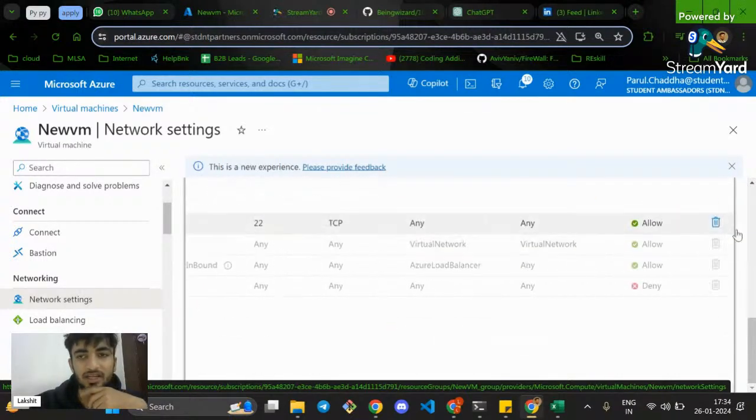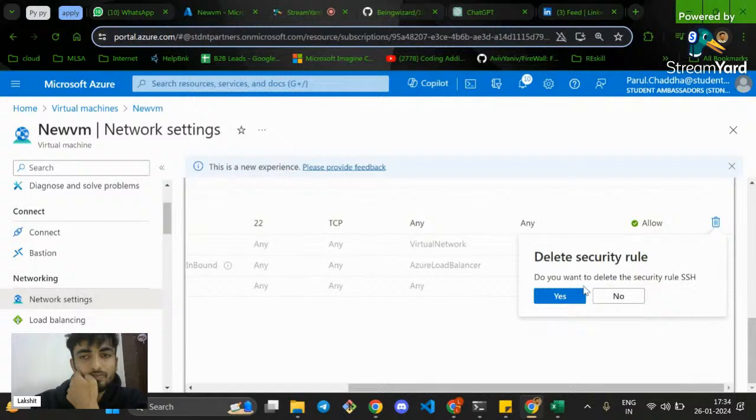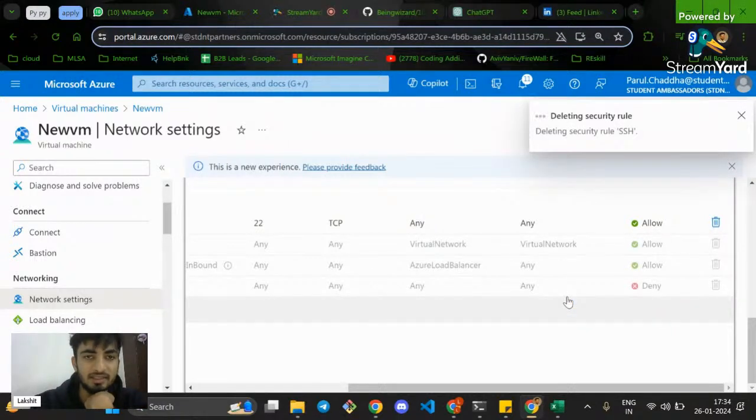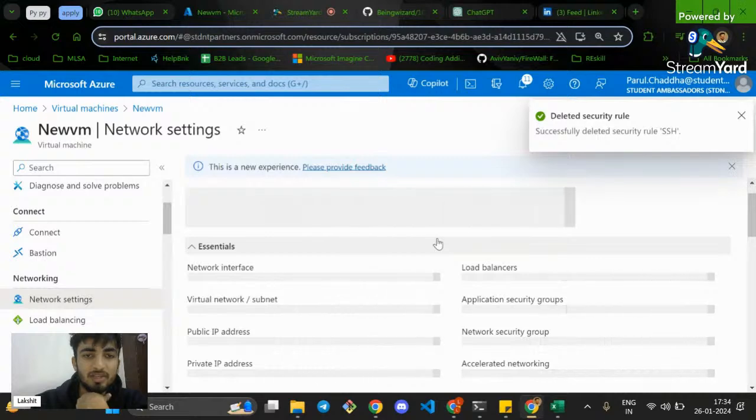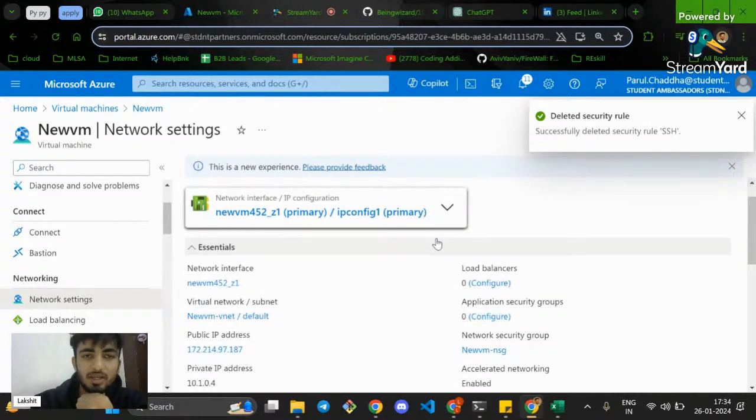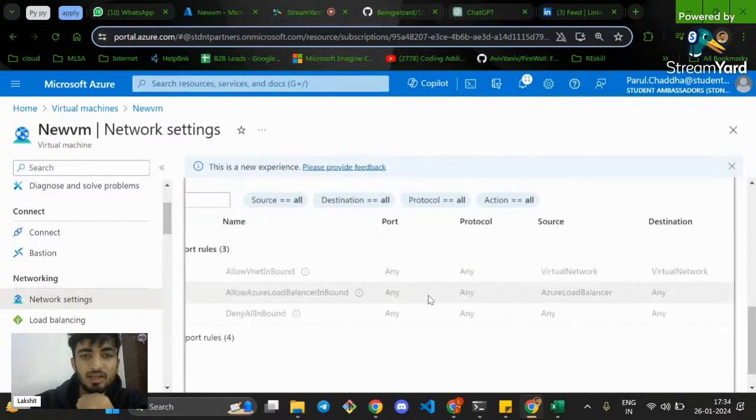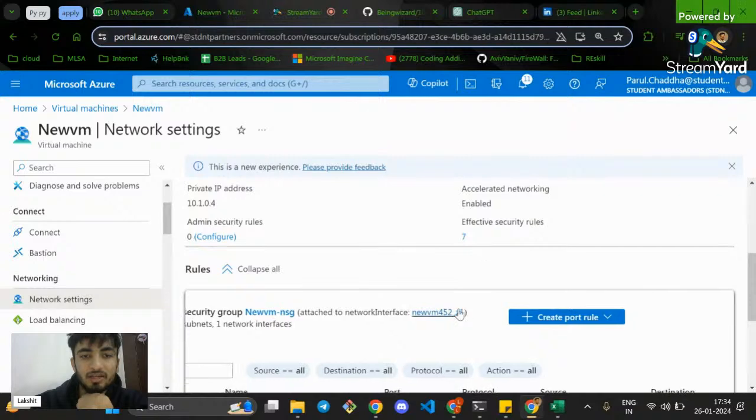What if I delete this? What if I delete this SSH rule? Now the security rule has been deleted. Security rule has been deleted, right? Now if I try to connect through this,